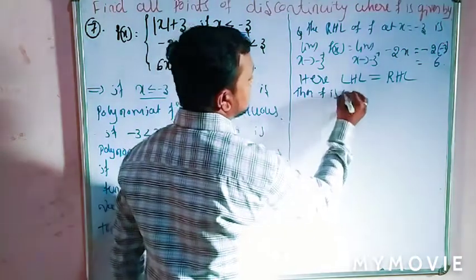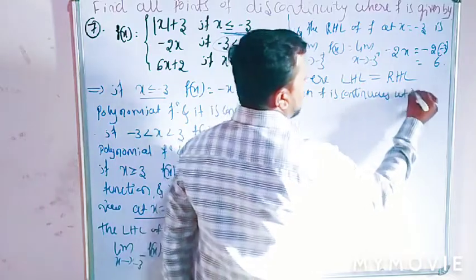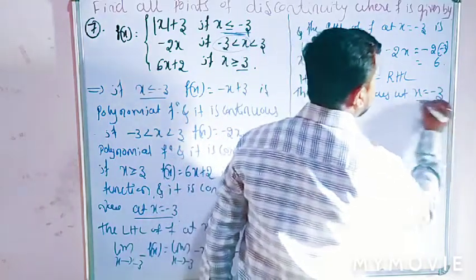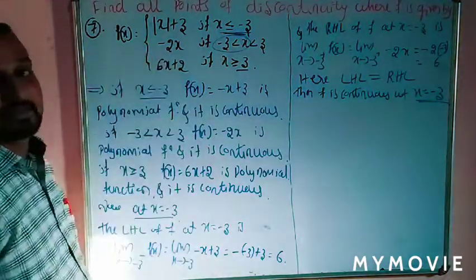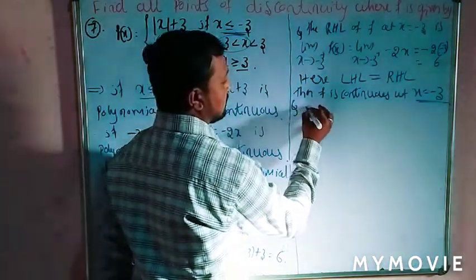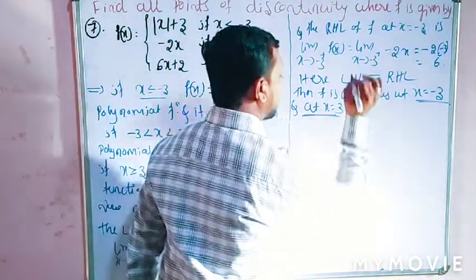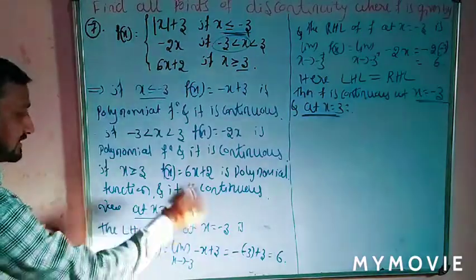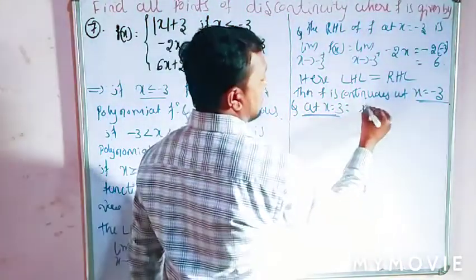Then f is continuous at x equal to minus 3. At x equal to minus 3, the function should be continuous. Then we check at x equal to 3. So x equal to minus 3 is over, and at x equal to 3, the LHL